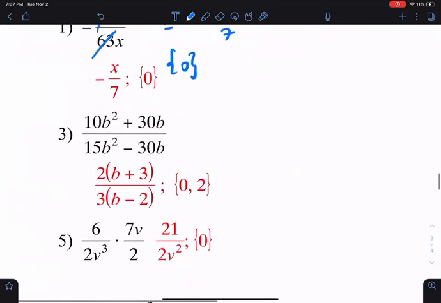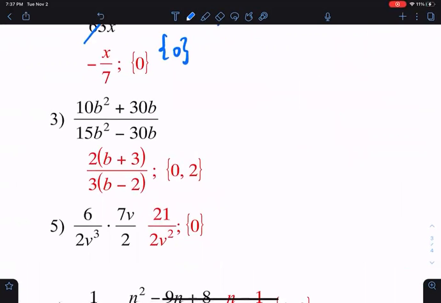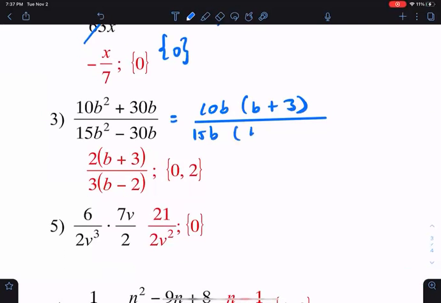2, you need to do the same thing. Let's see if you can factor something here. So you can factor 10b, that's the GCF. Then you have b plus 3. Here in the denominator, I have 15b, I can factor out, and I have b minus 2, right? Yep. So I can cancel the b's,